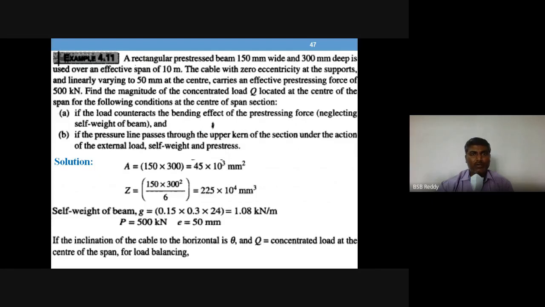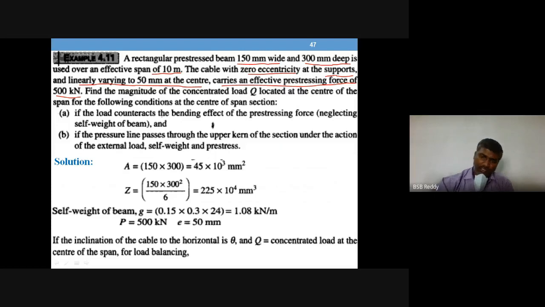So let us see this one. A rectangular pre-stressed beam 150 mm wide, 300 mm deep is used over an effective span of 10 meters. So the span of the beam is 10 meters. Cable with zero eccentricity at the supports and linearly varying to 50 mm at the center carries an effective pre-stressing force of 500 kilonewton. Okay, so the cable is having linear